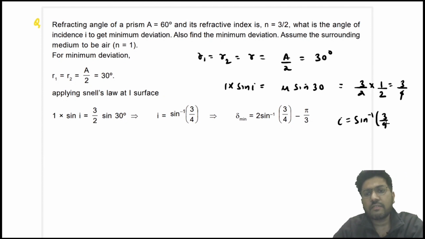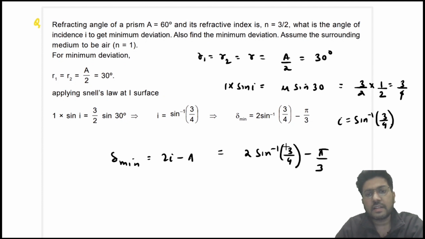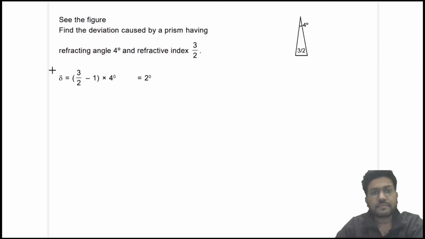Now once you get the value of I, then you will get the value of delta min as 2I minus A, and that is equal to 2 sine inverse 3 by 4 minus pi by 3. That is what you get. Now look at this question. In this question it is given to you that find the deviation caused by a prism having refractive angle 4